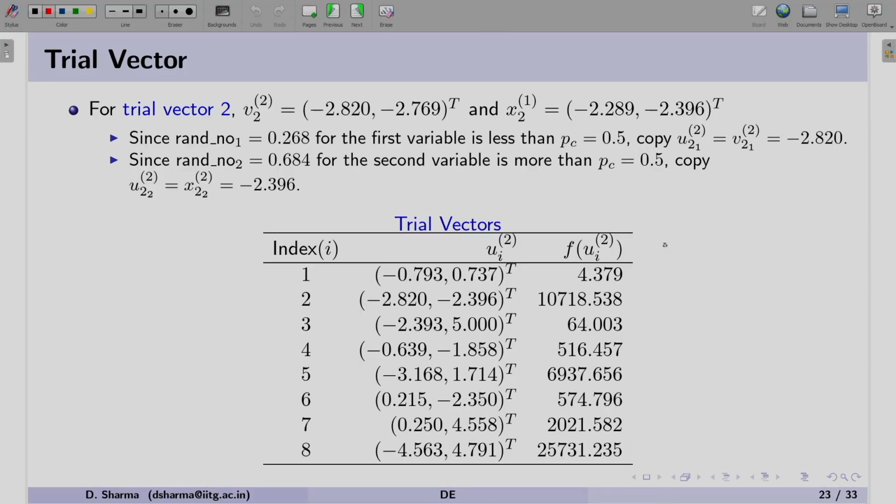By following those set of random numbers, we can thus generate the trial vector. Now, looking at the table here, this particular table says that based on the random number, these are the trial vectors for every solution we have created. The fitness value is shown for our reference, and we can see that the best solution was preserved, but it is random. In this case, we have preserved it, but it can be distorted or changed to some other value.